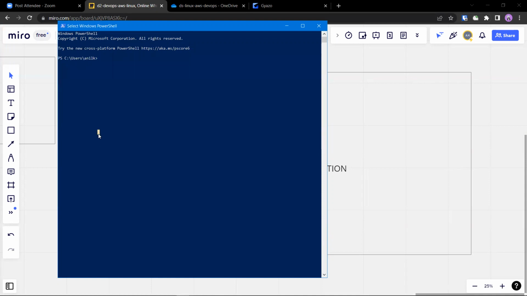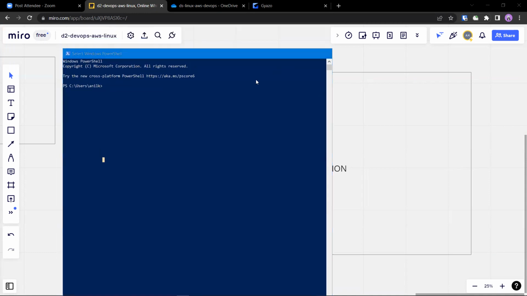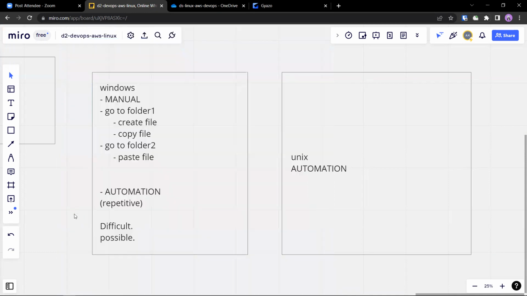But again, Windows users are mostly GUI-based users. Nobody uses Windows to write programs unless you are a Java developer or a .NET developer. A regular user of Windows is not a programmer. Your father, my father, they are not programmers. They are regular users.